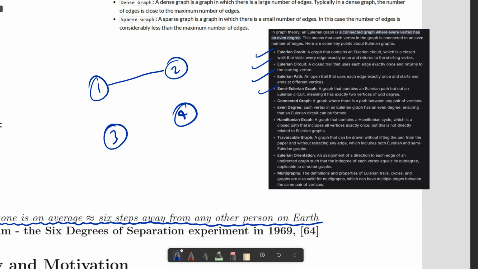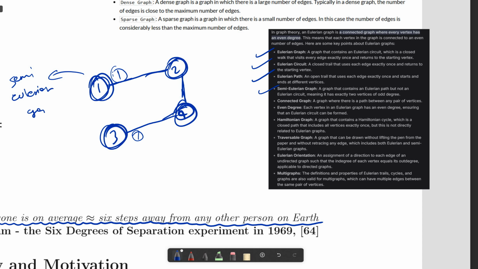consider this, this, this. These two have two edges, but we see exactly two nodes don't have an even number of edges. This has only one edge, this also has only one edge. Okay, so here also it is a semi-Eulerian graph. This is a semi-Eulerian graph. Okay,